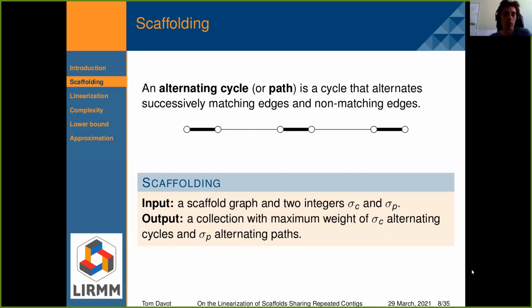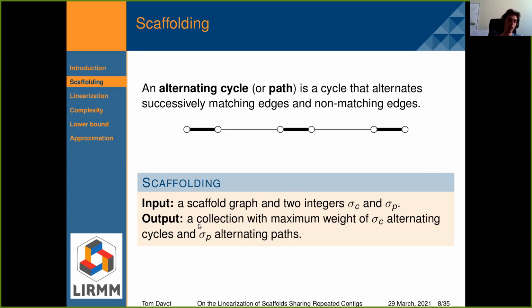Formally, an alternating cycle or path is a cycle or a path that alternates successively matching edges and non-matching edges, like this. So we have one alternating path here. For an alternating path, the extremity edges of the path must be matching edges. The scaffolding can be formulated like this. In input, we have a scaffold graph and two integers, sigma c and sigma p.